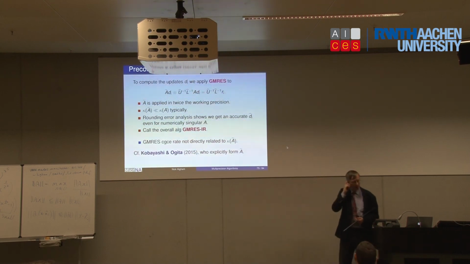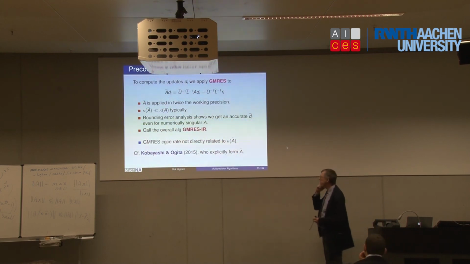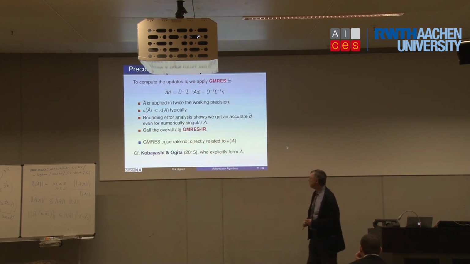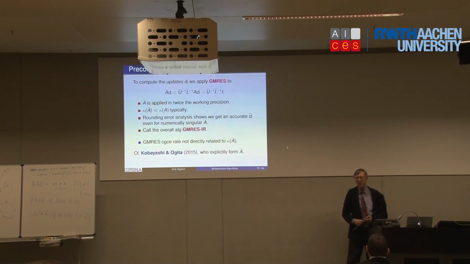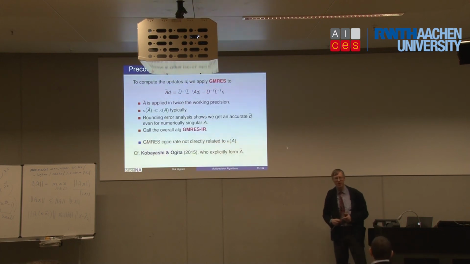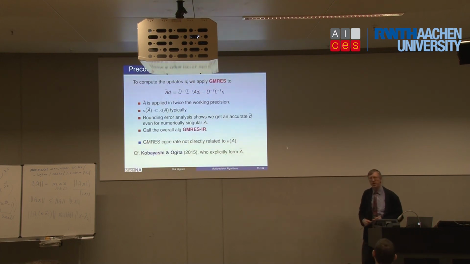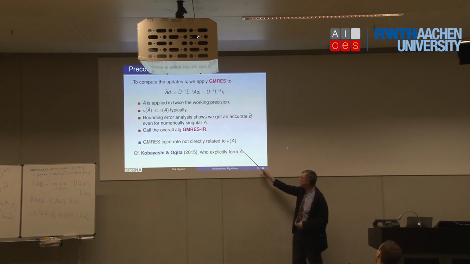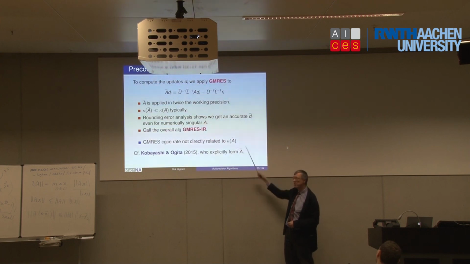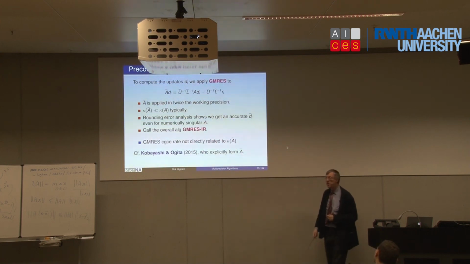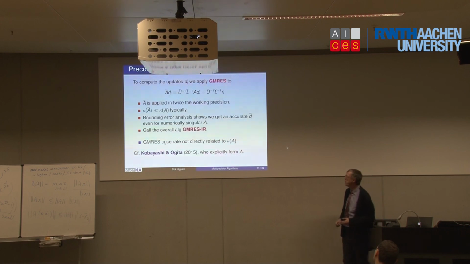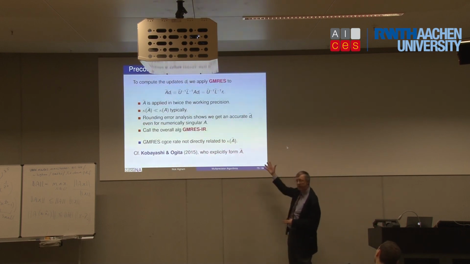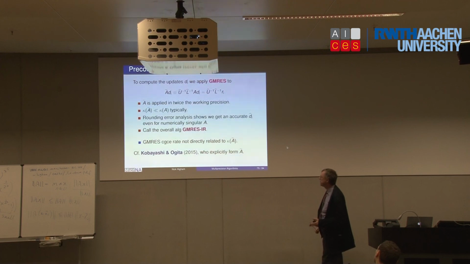Not in the past really to res. When I came to do this work with Erin, the main thing I realized was there being hundreds of papers on the convergence of GMRES. Since GMRES was invented in about 1982, we still don't really understand what makes it converge fast or when it converges fast. And it is not directly related to the matrix, interestingly. So you might think having a well-conditioned matrix would mean GMRES would be fast to converge, but that's not the case, at least if A is non-normal. So there's still a question about how quickly GMRES will converge here.